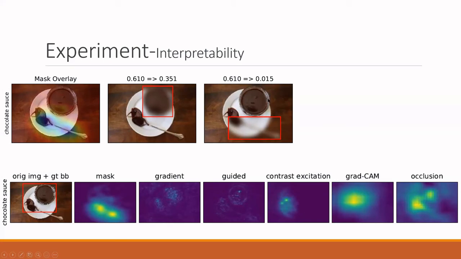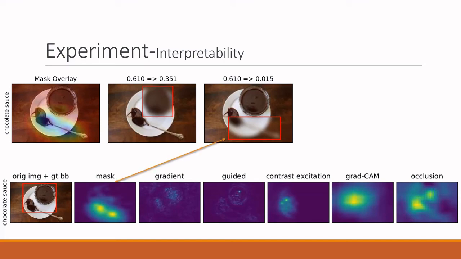This looks weird, but the explanation from the authors is that chocolate sauce can appear in other categories. I don't know exactly, but we can think maybe coffee or some breakfast or something. But this spoon is individual to chocolate sauce. So the neural network is not really looking at what it is intuitively, but is looking for what is individual or more specific to this category.